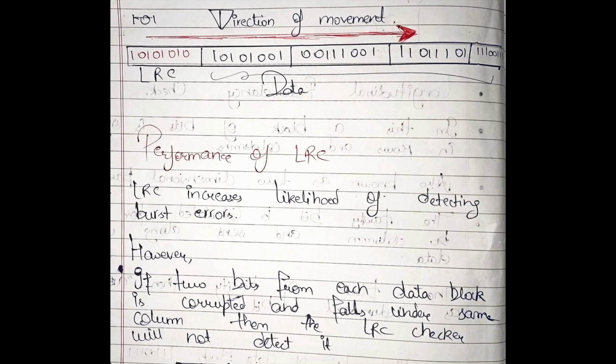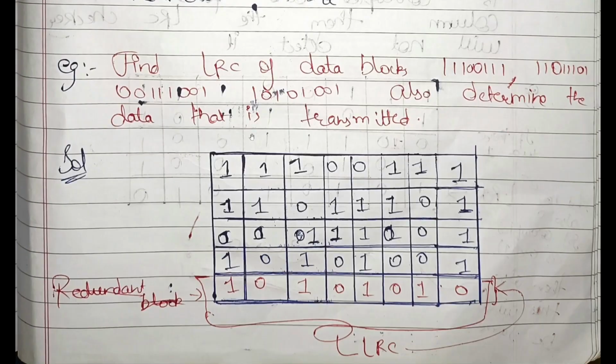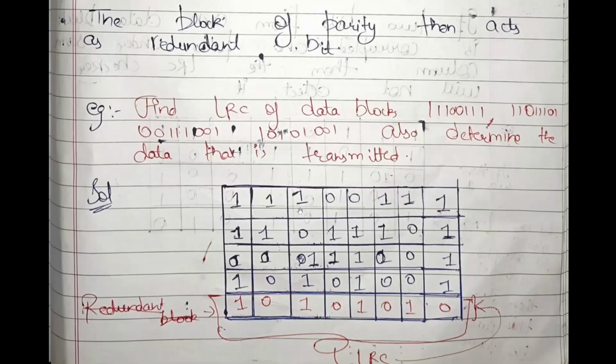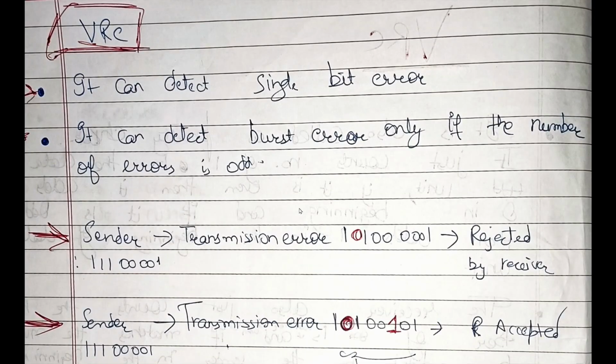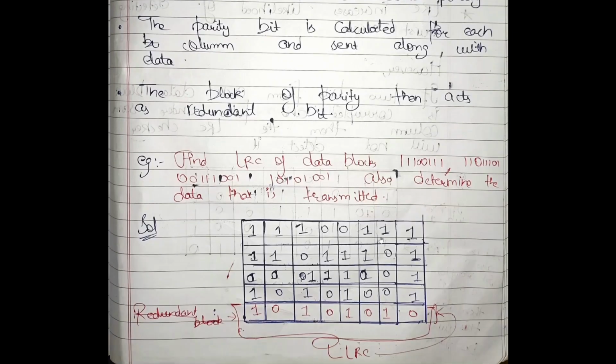Now, the performance of LRC. LRC increases the likelihood of detecting burst errors. Look here, in this LRC, you are more likely to detect burst errors, because in VRC you were only checking a single block. However, in this you are combining a lot of blocks and then doing your error detection. Okay,